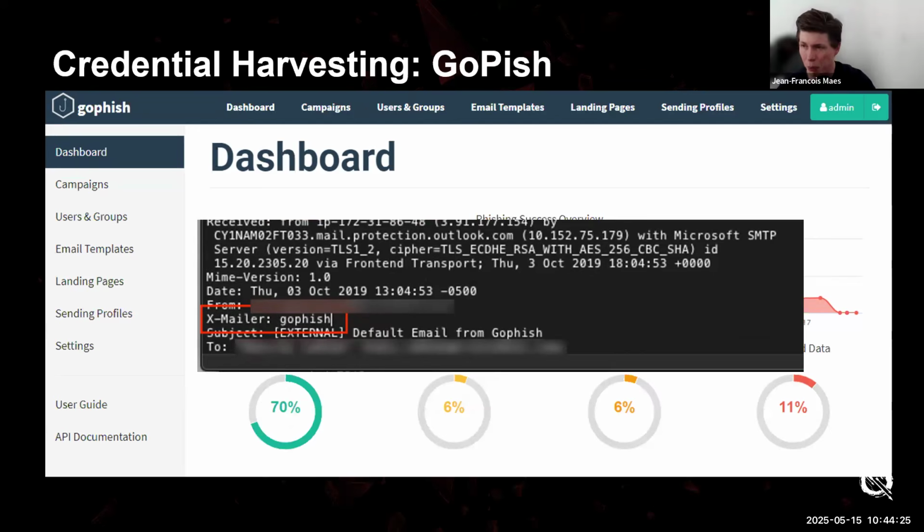So from an email proxy perspective, it is super trivial to detect phishing emails that are sent from GoPhish if the actual adversary or red teamer didn't do their due diligence in reading through the source code and figuring out how to patch these static IOCs out of their particular frameworks.